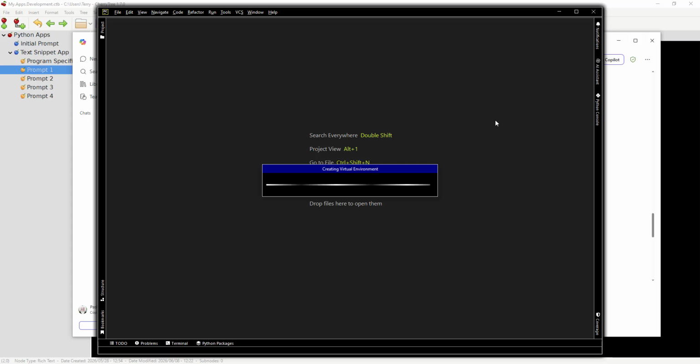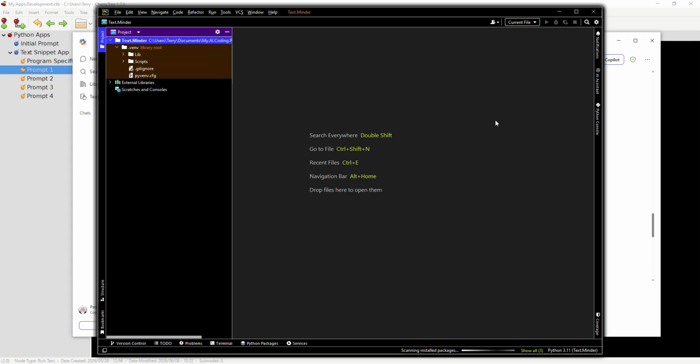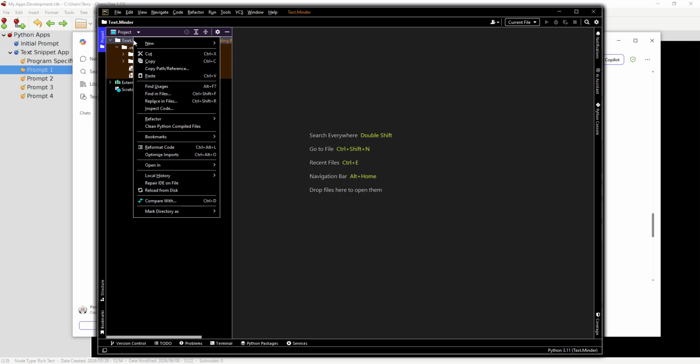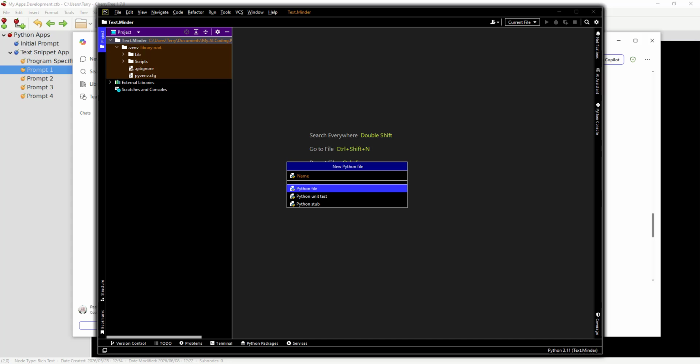And one of the things with PyCharm is you can have different virtual environments for each of your apps. So that's kind of a neat thing. Now I need to go to the TextMinder project, right click, New Python file. So here I'm actually going to put in the name TextMinder, and I should have noted a while ago the